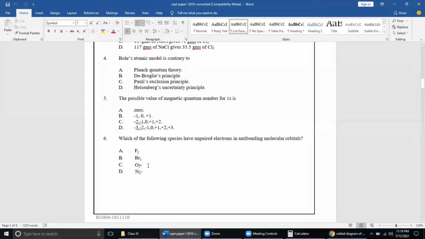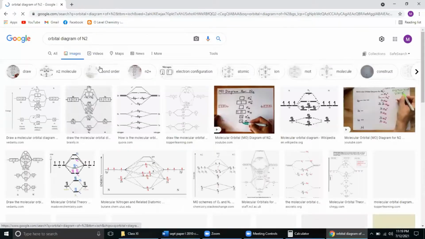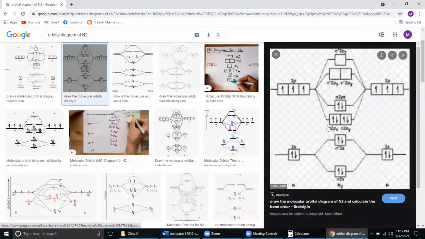So the last option is N2 minus 2. One nitrogen atom has 7 electrons. Two nitrogen atoms will have 14 electrons. But minus 2 means there are a total of 16 electrons in this species. So let's see the orbital diagram of the N2 molecule. The N2 molecule will have a different orbital diagram. Px and Py will have lower energy,